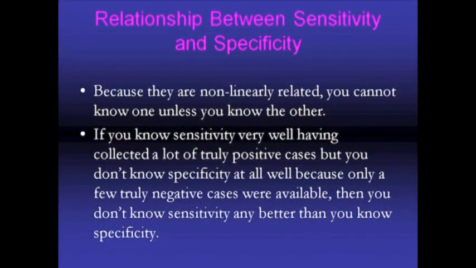You can't really know one without the other. Even if that's all you're going to do in your scientific paper, you have to know both. And when I say know, I mean that you have to have the same amount of evidence for both. A very common problem of people trying to do research and report sensitivity and specificity is that they take a sample of interest and they go to a great deal of trouble getting a good gold standard,